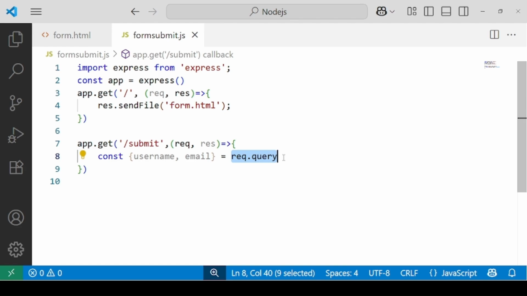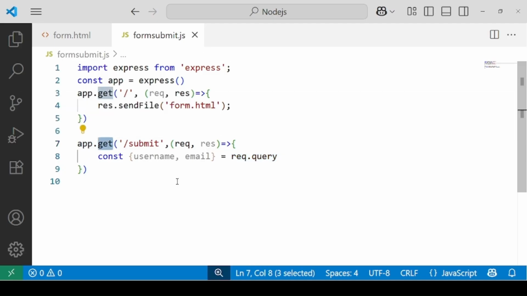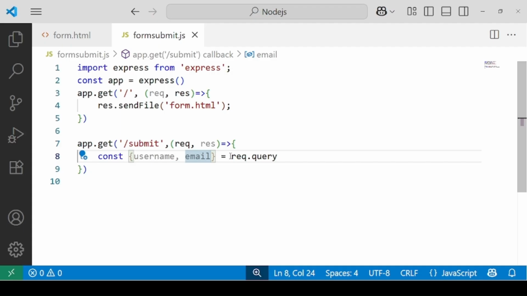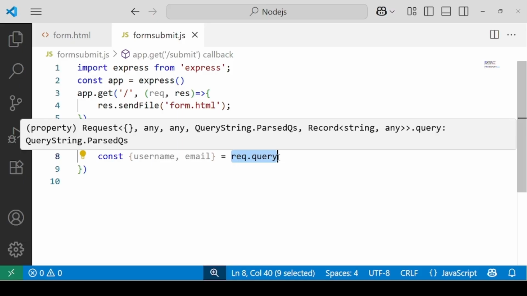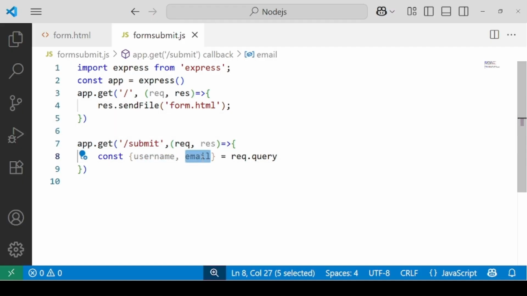It's an object containing the query parameters sent in the URL of a GET request. So this line extracts the username and the email properties from the request.query object and creates two variables, username and email, holding the respective values. Whatsoever the user will be inputting inside those text boxes will be assigned to these two variables.